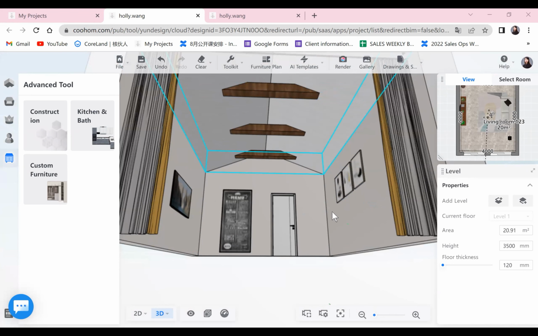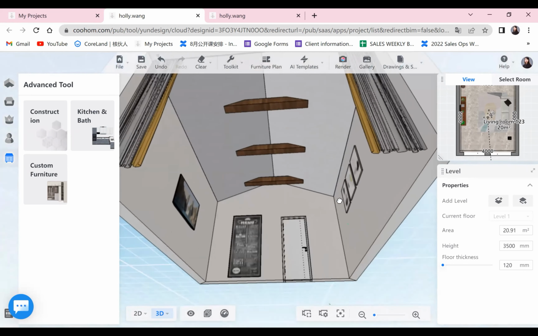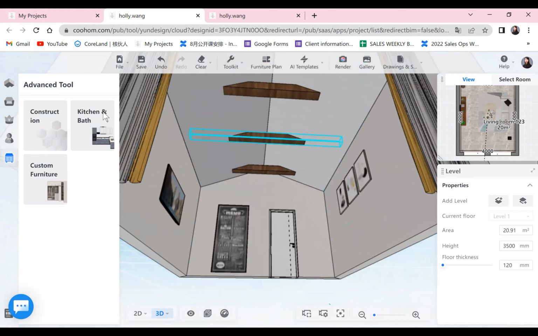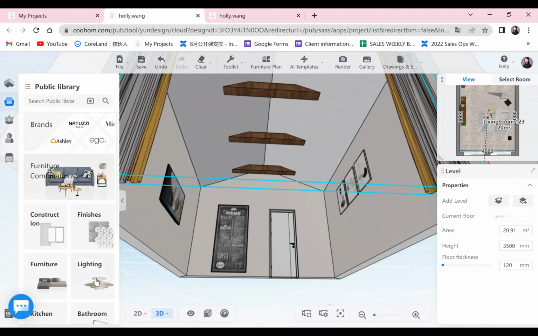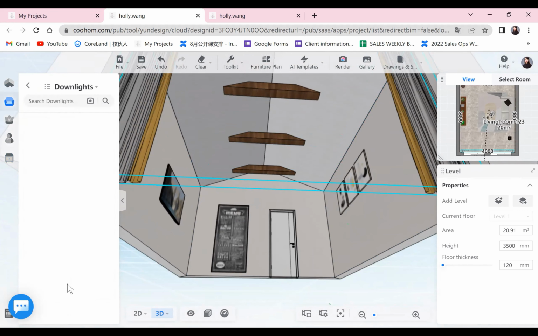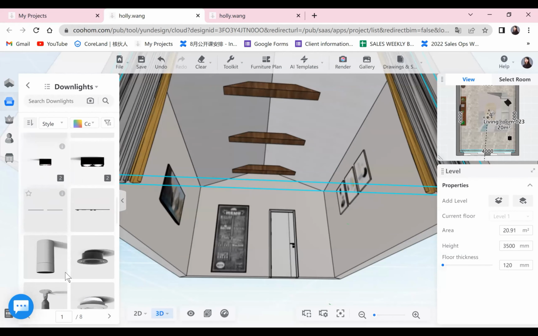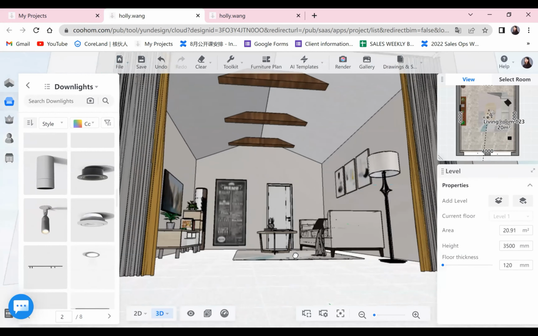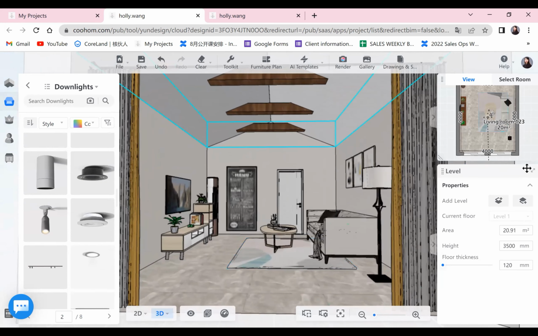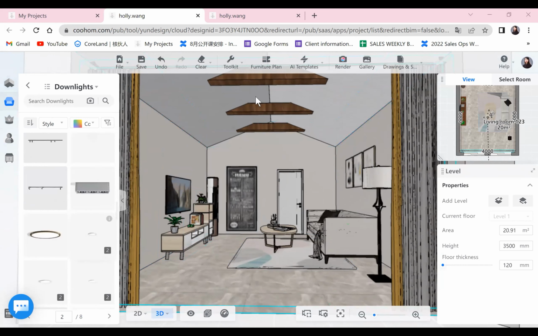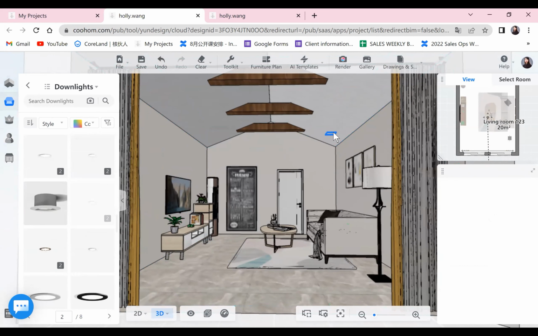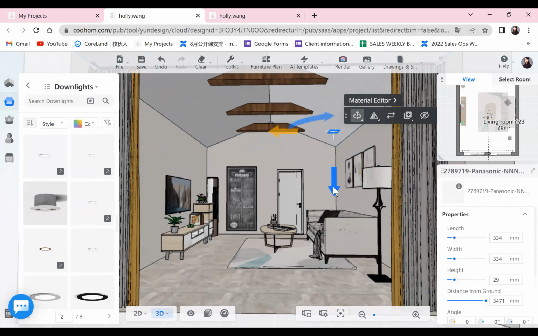Okay. All right, so let's move on. Now we finished the ceiling design. The next part is to add some downlights. So for downlights, you also go back here to the floor planner. You can go to lighting and find some downlights. But this one is a little bit different because the ceiling is not on one surface. It's not flat. For a flat one, it's very easy to add the lights. But for this one, you actually need to change the position of it. So we will choose one, and you see the light is here.